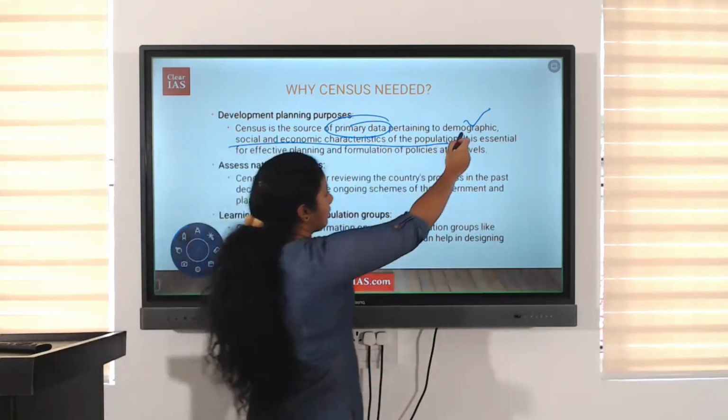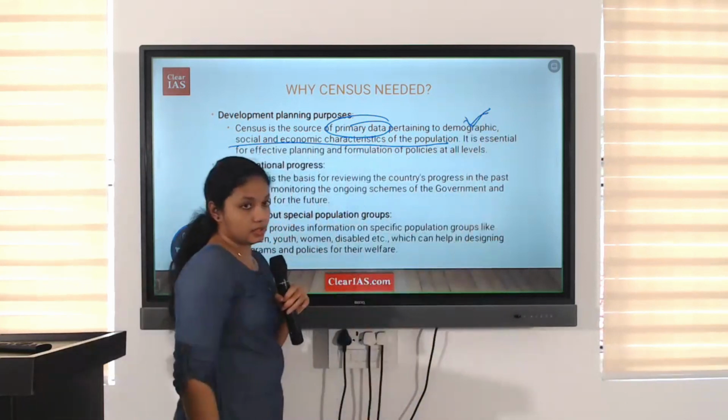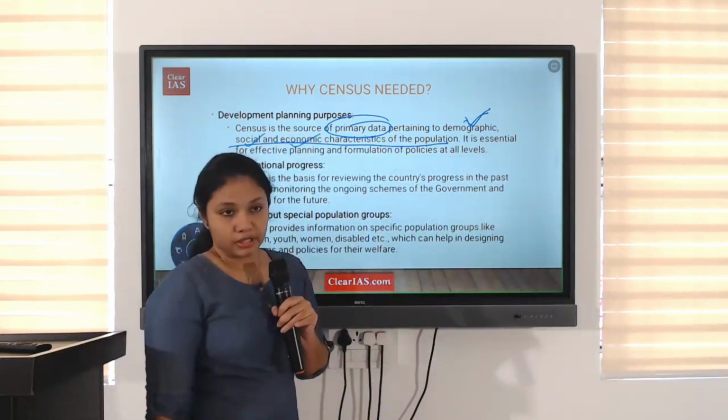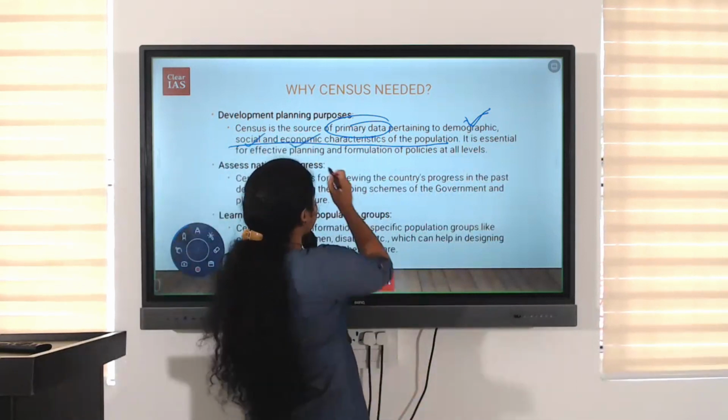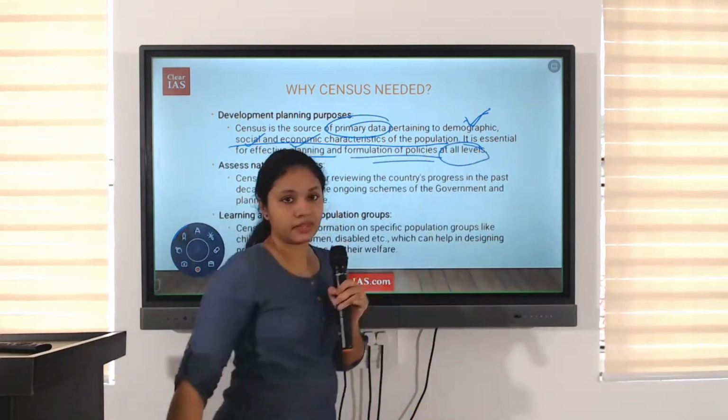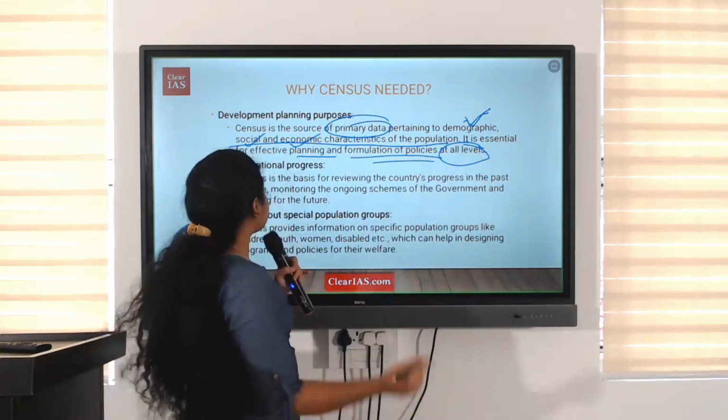So first we can understand the demographic data. Next one is for the social and economic characteristics of the population. It is essential for effective planning and formulation of policies at all levels. Clear? Okay. Second one is